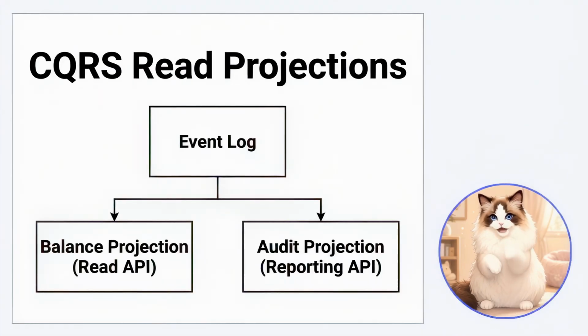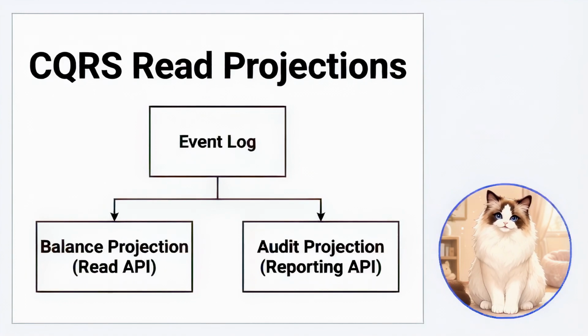Exactly. Replaying events on every read would create a massive bottleneck. To solve this, I would adopt CQRS, or Command Query Responsibility Segregation. We separate the write path from the read path. The write model appends new transactions to the event log, while asynchronous projections consume those events to maintain read-optimized data